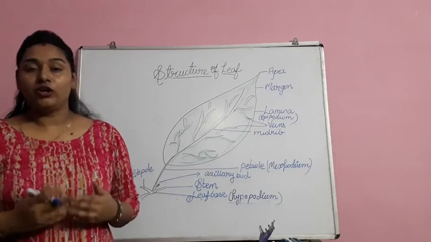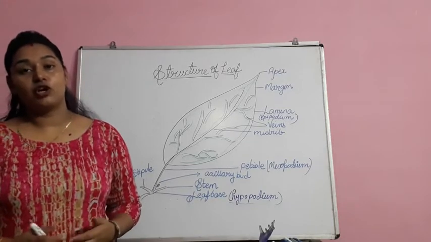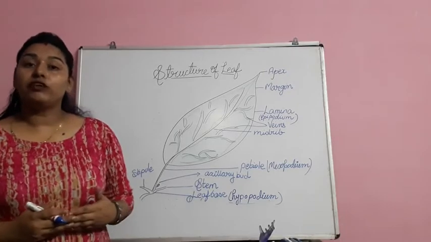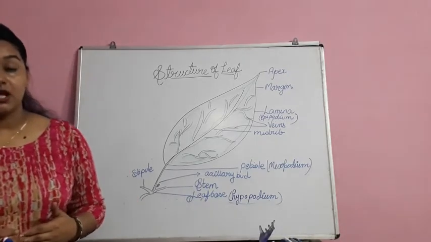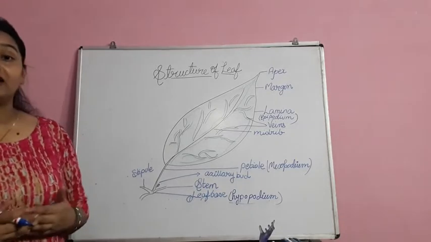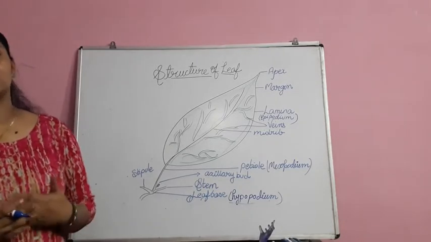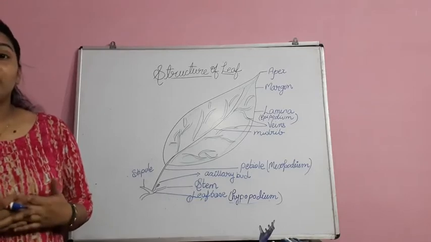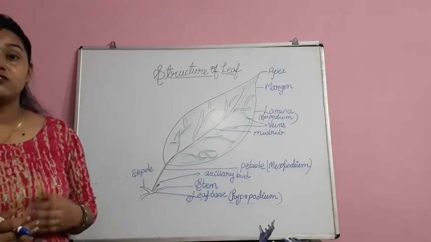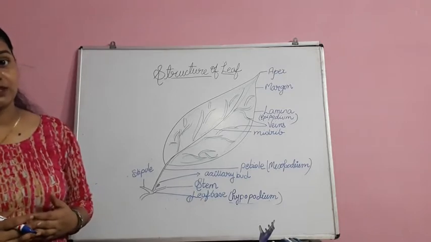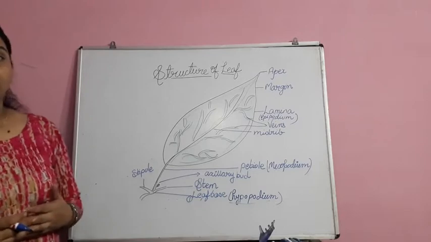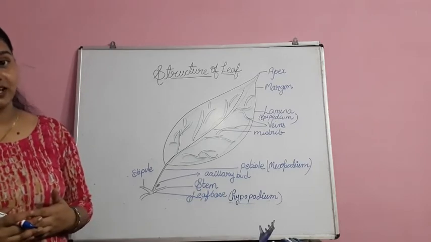So we are already on chapter number 5, the morphology of flowering plants, and in that we have covered the modifications of root and stems. Now we are moving to the modification of stem, leaf and its different parts, its structure, its characteristics. Today we have to cover the structure of leaf, its function and its characteristics. So we are going to start first with the structure of leaf. We'll see how the leaf is designed.